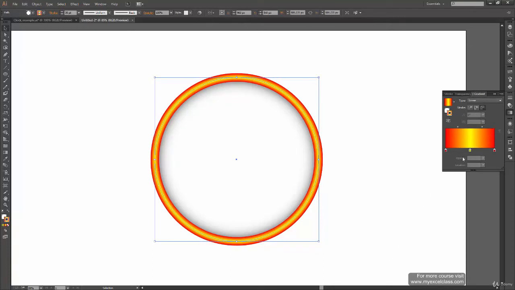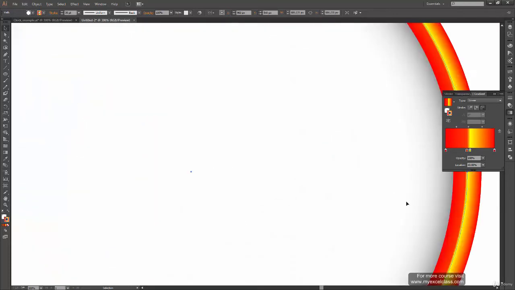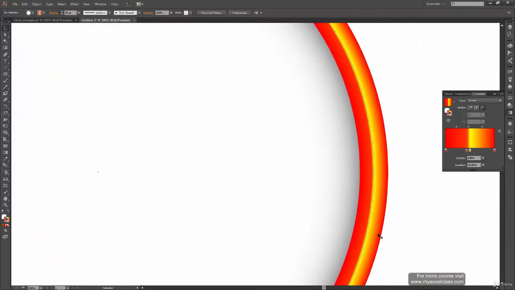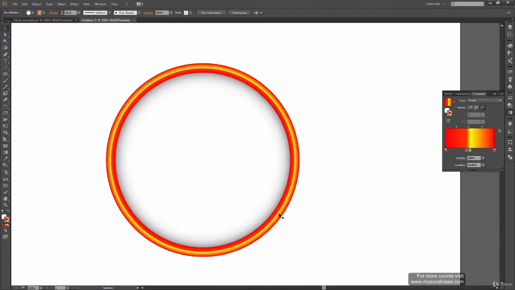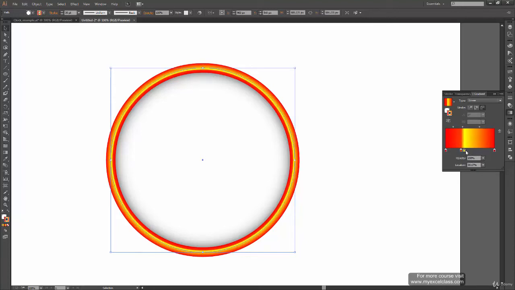Okay, now one thing I know is I need to create one more bucket over here to get this sharp line, and this looks pretty good now, but it is exactly at the center, which I don't want. So let's shift these 2 buckets a little bit to the left, and this looks okay. Now it looks okay, but this red and yellow is too bright, so let's just try decreasing their value a bit.